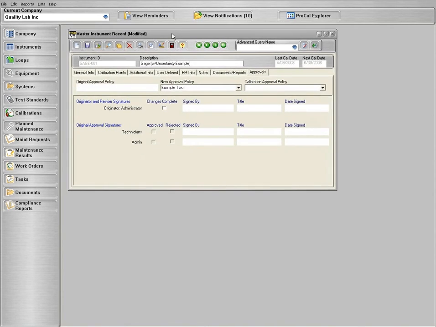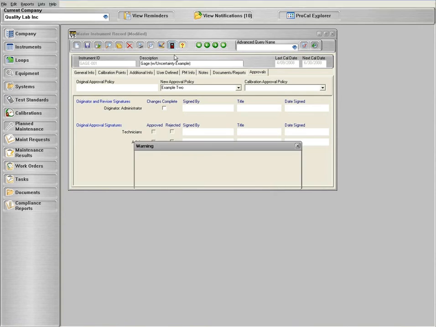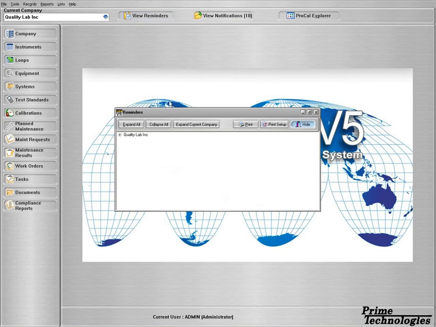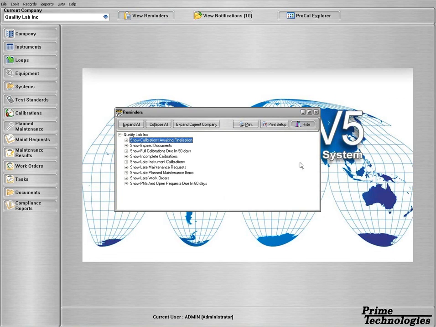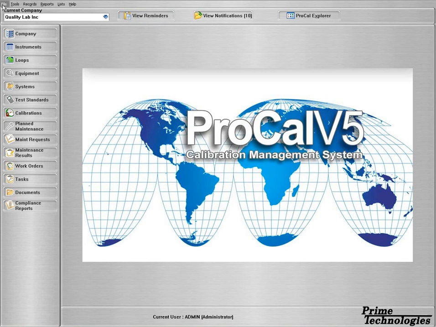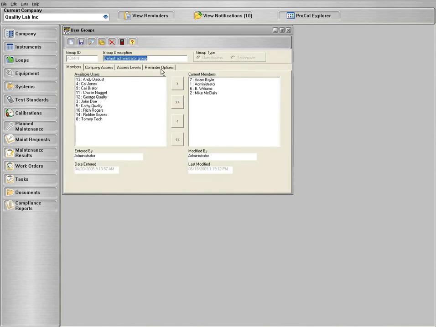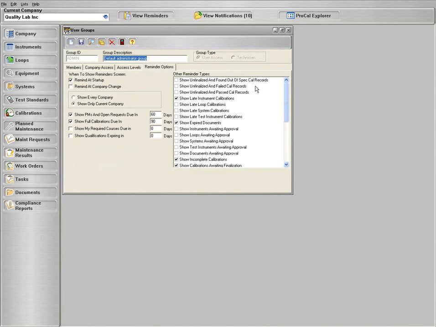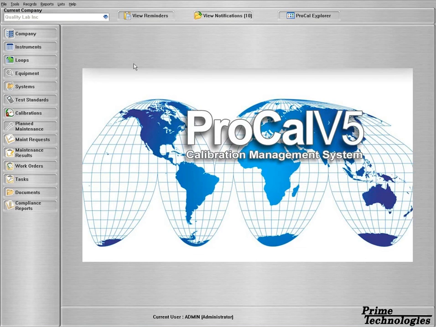Once the approval is routed and created, ProCal can automatically send it out for notifications to the users of when things are calling their attention, either through an email or through the View Reminders section where you have calibrations waiting finalization, approval, and more. And again, just to recap, on the Group Records section, Reminders options is where any of your items awaiting approval may be selected. More information about approval policies is available in the